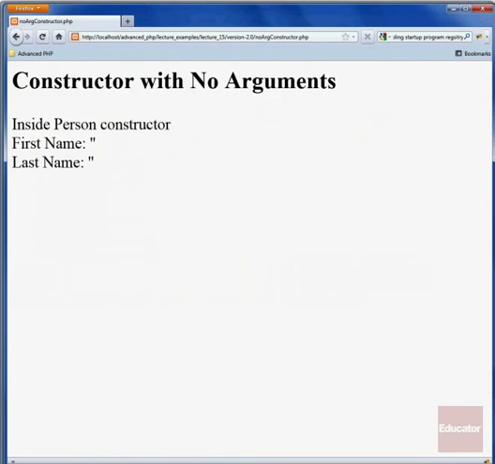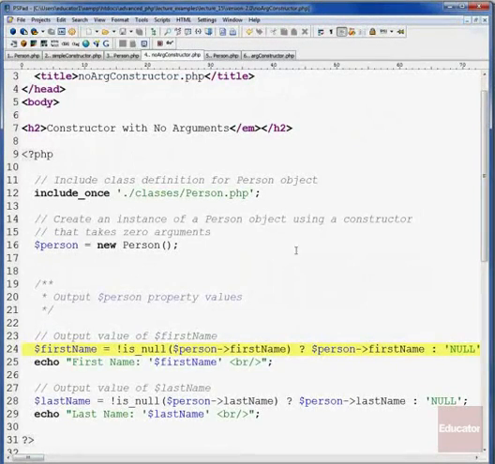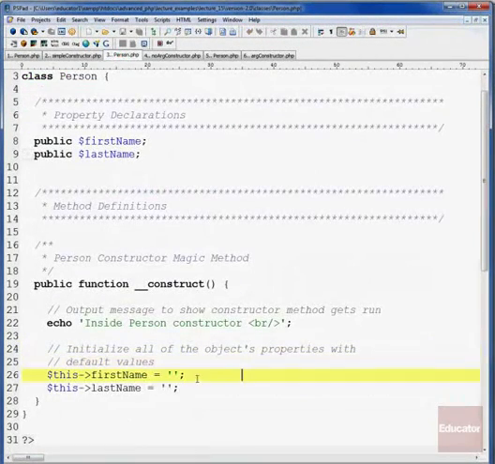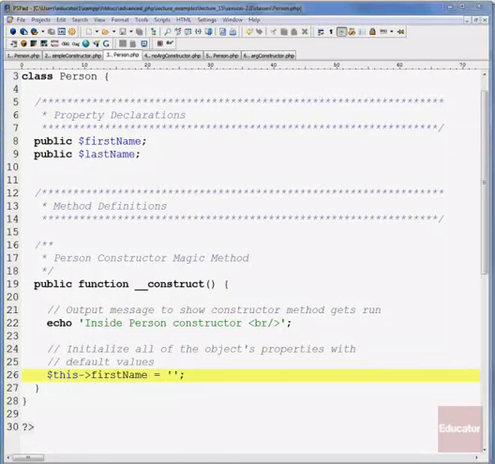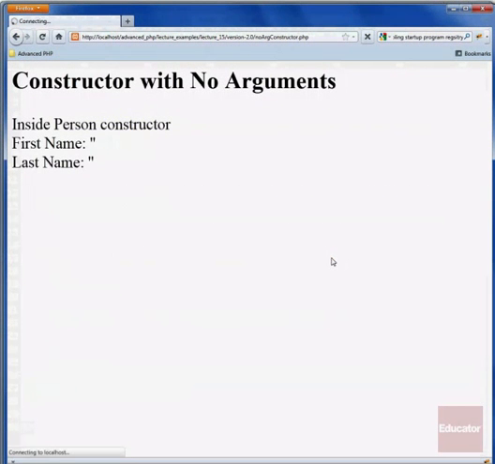Let's say instead that in our constructor we didn't initialize, for example, the last name variable. Let's say we just remove that, so we only initialize first name. Because of that, last name is never going to be initialized. It's not going to be a string. It's going to be set equal to null. When we run our script, we're going to see last name, and it's going to output the value null. And so that shows